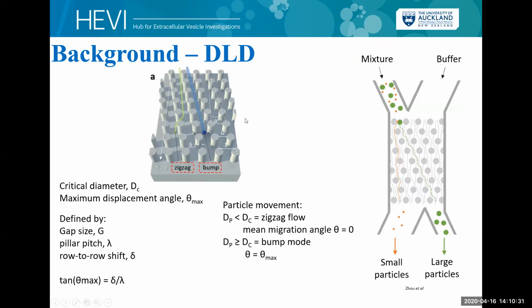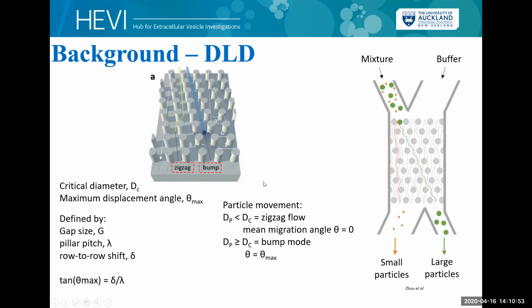So if you keep an eye on this here, I'll describe what all these different letters mean. The critical diameter is the diameter of a particle at which it will go from flowing through the chip in a zigzag manner, in a straight streamline, just kind of zigzagging between the pillars all the way through, to a bumping movement where it moves laterally across the chip